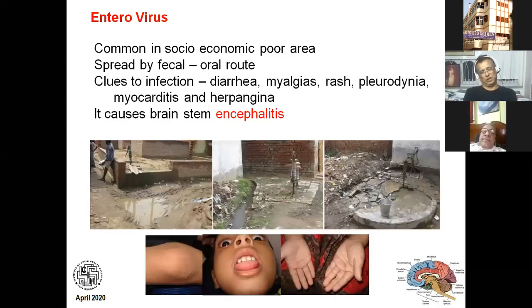And another important thing about enterovirus is that it also involves the cardiovascular system. It is one of the main causes of pericarditis and myocarditis. So whenever you come across a case of hand, foot, and mouth disease or herpangina, you should tell the parents that they should look for these two complications which might develop, though fortunately they are very rare.